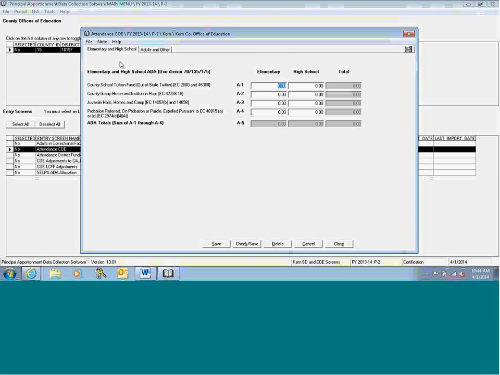If you recall how this screen previously looked under the revenue limit system, you'll see that several program categories of ADA have been eliminated. This is because ADA for this screen is now reported by type of student versus type of program. The ADA reported in lines A2 through A4 will be used to determine a county office of education's alternative education grant funding under LCFF. This is ADA for any student, regardless of program, that attends a juvenile court school operated by the county office, or is probation referred, on probation or parole, or expelled pursuant to specific reasons in the